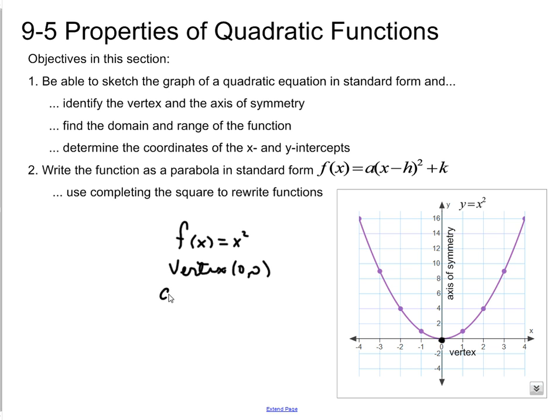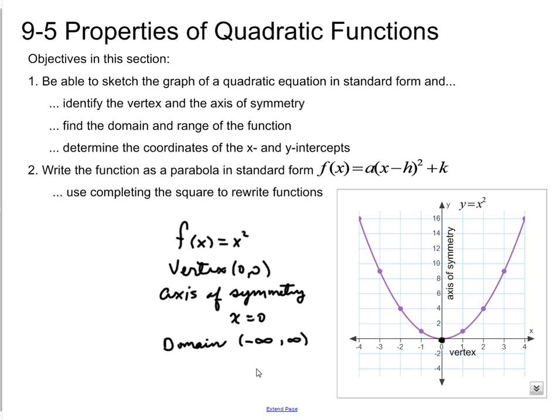And we would say that the axis of symmetry, which is the line on which, if you were to hold a mirror, would make a reflection that looks like the other half of the graph right there, is along the line x equals 0, which is the form of the equation of a vertical line. The domain of this function, as with all polynomials, is going to be all real numbers,